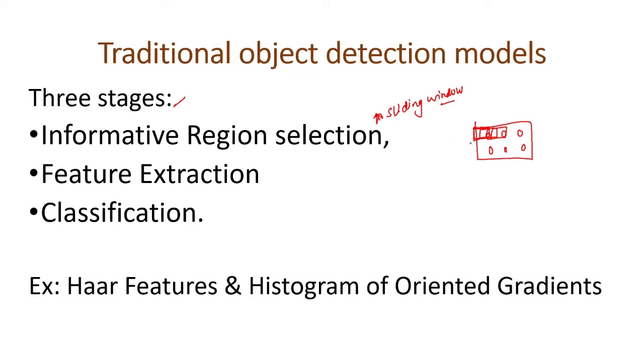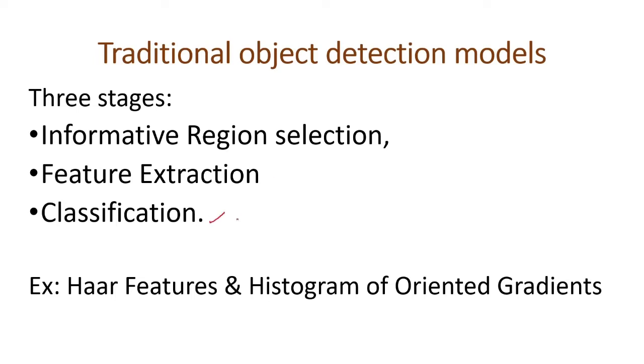And once we have selected some regions, we apply feature extraction. These days we are using CNN to do feature extraction, but at that time we were not using CNN. We were manually extracting features. We have to recognize the different objects that we have captured here. We need to extract visual features from the image, which will provide a semantic and robust representation that the object is this. But due to the diversity in appearance, illumination, lighting conditions and background, it was very difficult to design a robust model.